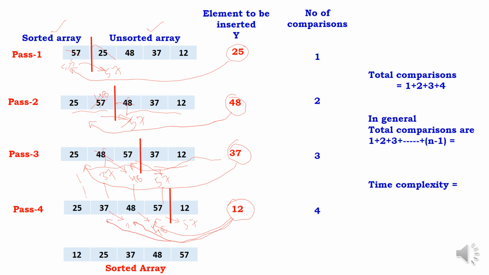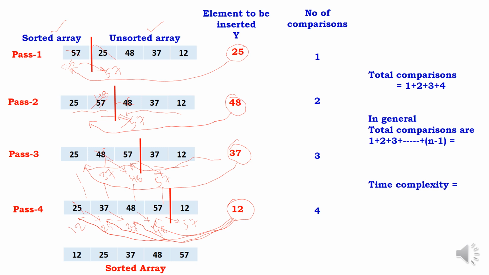Is 12 less than 37? Yes. So 37 is also shifted to the next position. Is 12 less than 25? Yes. So 25 is also shifted to the next position. Then is there any other element to be compared? No. So 12 is placed in the place of